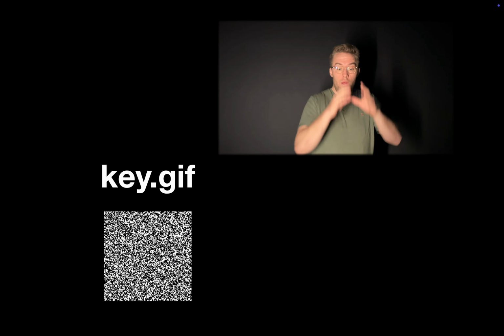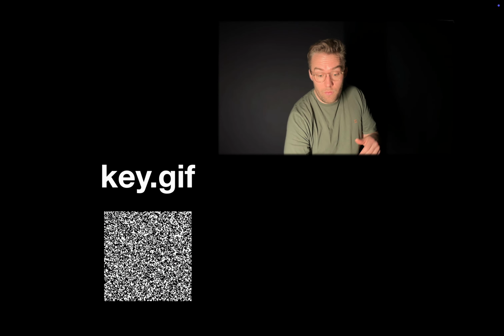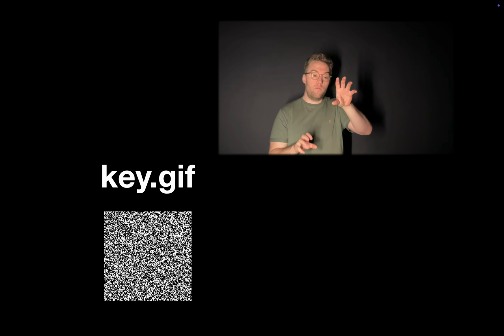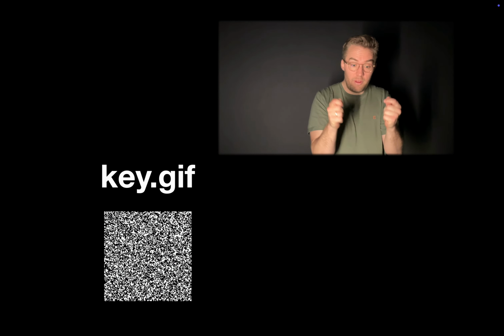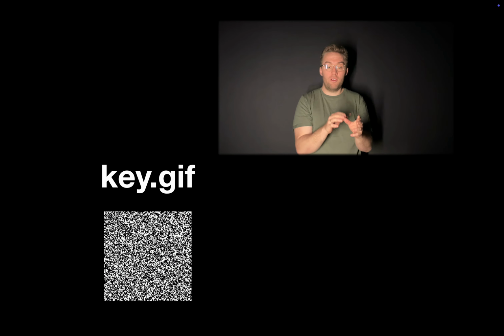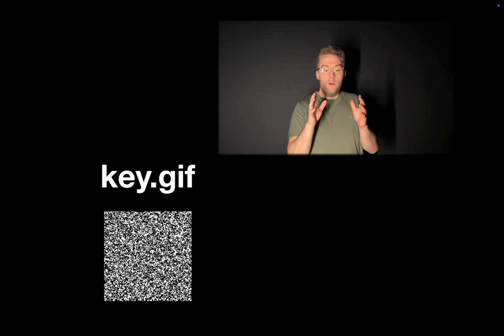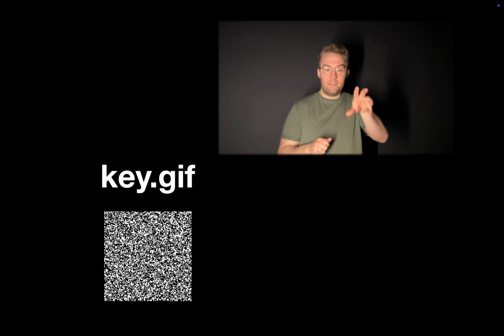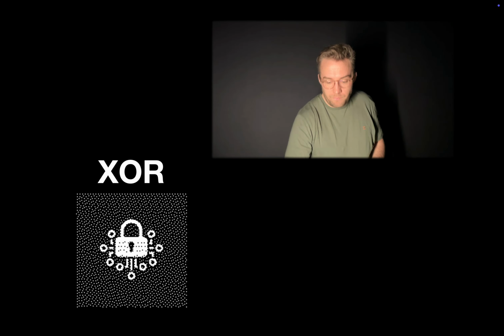We have the ciphertext and the key here. In order to decrypt the message, we have to perform an XOR operation on the ciphertext with the key. Because the key is the same size as the ciphertext, it will eventually filter out, and we will get this message when we perform an XOR operation on it. And XOR